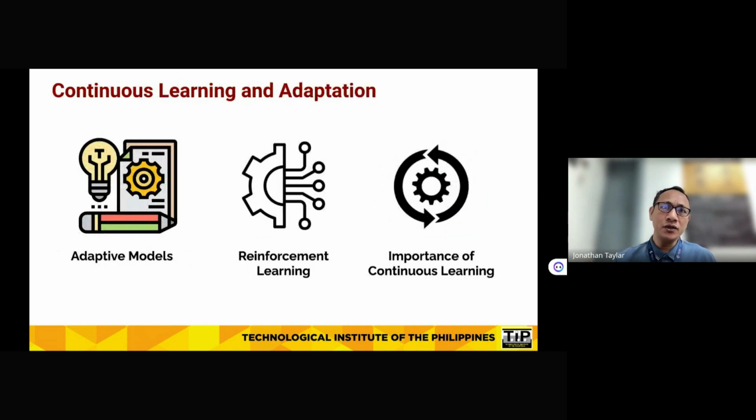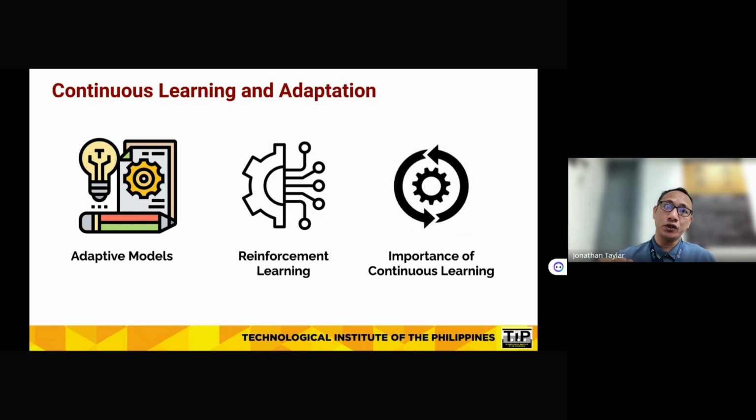In AI, continuous learning and adaptation are very fundamental aspects, particularly in the context of adaptive models and reinforcement learning. Adaptive models are machine learning models that have the capability to continuously learn and evolve over time. These models can adapt to changes in the data distribution, environment dynamics, or user preferences without the need for manual intervention. On the other hand, if you have heard about reinforcement learning, these machine learning models also have the capability to continuously learn,